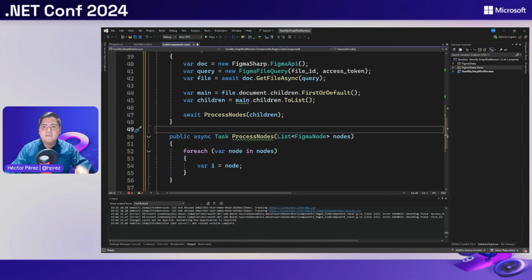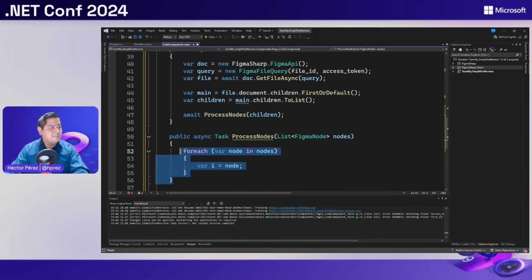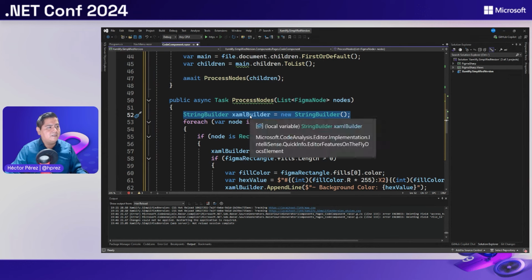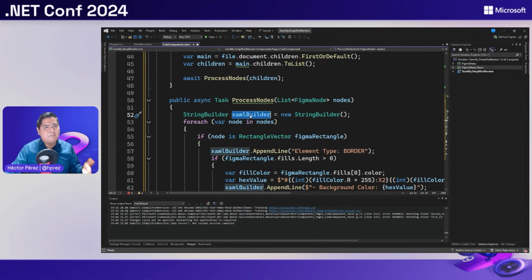In this particular example, I'm just getting the background of the rectangle and some text properties. So what I'm going to do is replace this process nodes method, and you have here this particular method. I'm going to explain it. Basically, what we are doing is defining a string builder named XAML builder. This is because we want to extract all the properties of the different nodes, and we are going to translate the properties into a text readable version so that we can pass finally to an LLM to generate the XAML